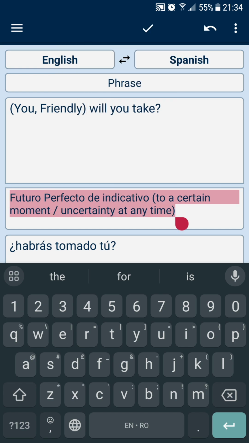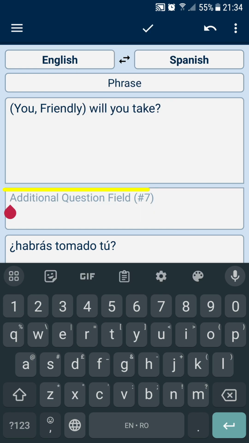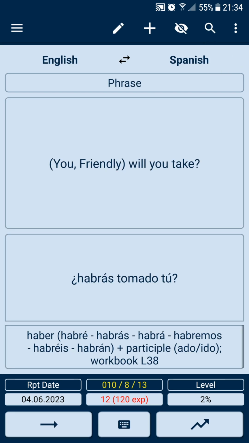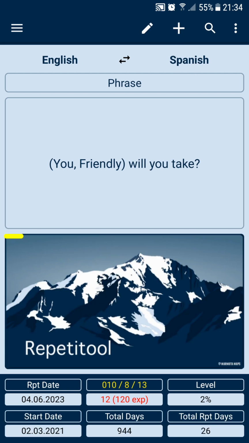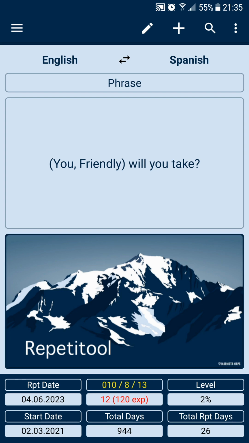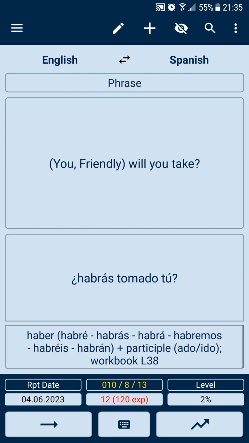If any of the additional fields does not contain text, then after clicking the Hide button, the page will switch into repeat mode and the empty additional field will become invisible. Pressing the Hide button again will activate the curtain, and the curtain will cover the bottom pair of answer fields. At the same time, the Hide button will also disappear. If you click on the curtain, the Hide button will appear again.